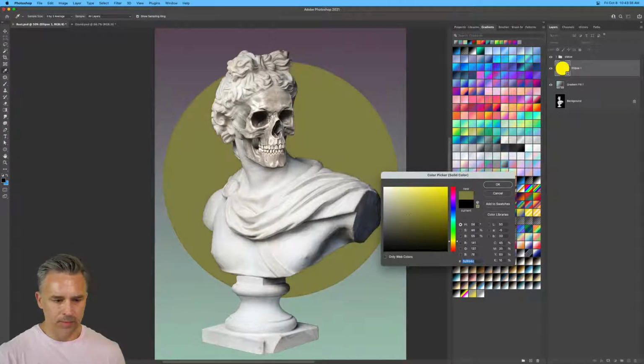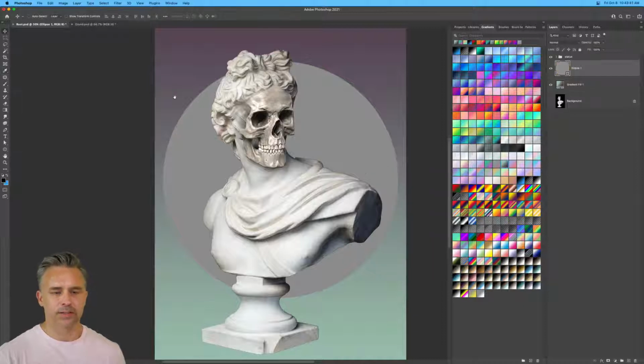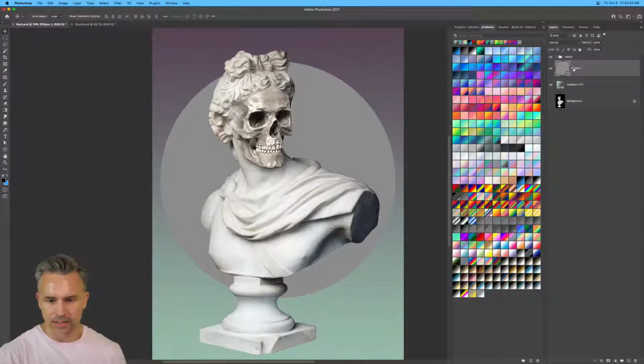And maybe this would be a moon or something. But there we go. Here's our design. So we'll call this circle. We have this gradient fill, statue. This is actually a group, so that's what we're going to call it. And then I want to have one other element